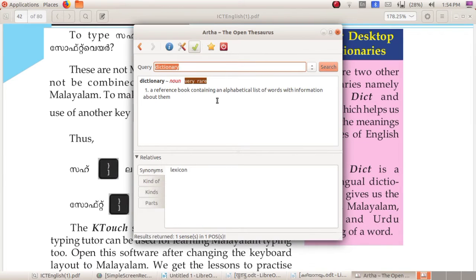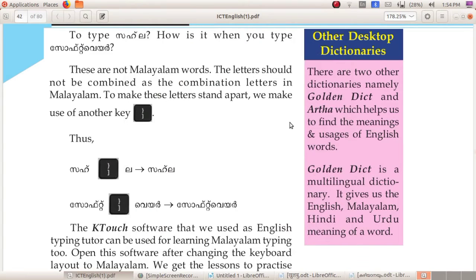See, a reference book containing an alphabetical list of words with information about them. That is the meaning for dictionary. So you want to keep three words in your mind, which are the three dictionaries: Theeram, Golden Dict and Artha. In this, Golden Dict is the example for a multilingual dictionary.